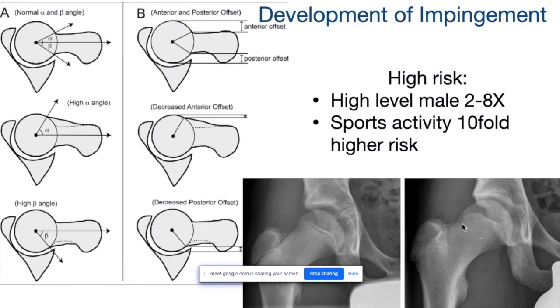This is called the pistol grip deformity. This is the normal hip, this is an abnormal hip. Whenever you see the epiphysis going beyond into the neck like this, this is a pistol grip deformity. This indicates a cam morphology, the bump. Whenever the hip goes like this, it touches here and causes impingement. There are some angles which we draw. There is an increased offset. We draw alpha and beta angles, but you can just leave it. A very active kid, with a very high sports activity level, can have these as a cause of limp.